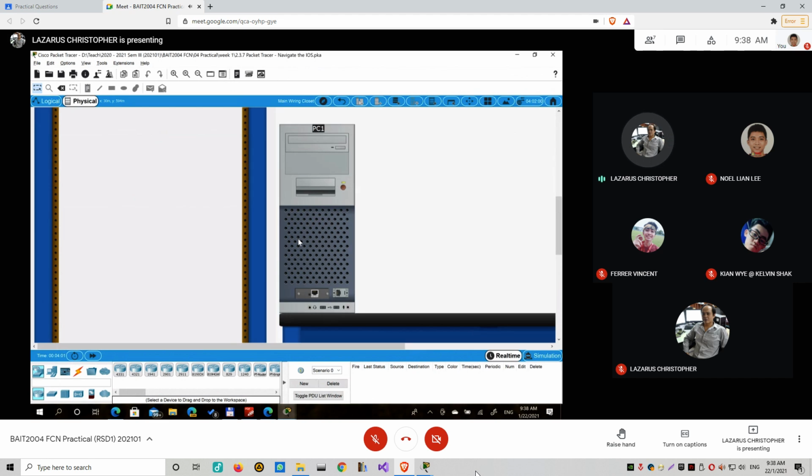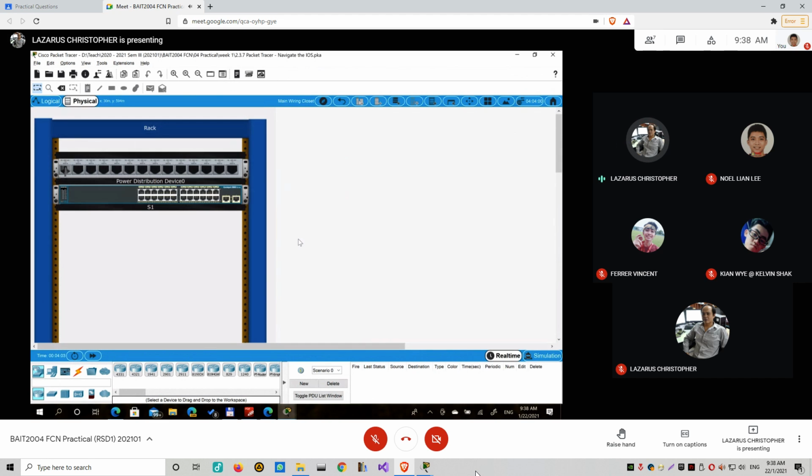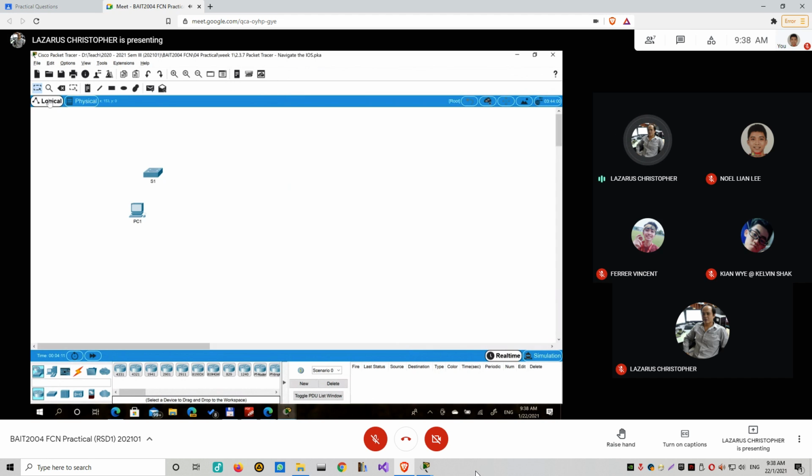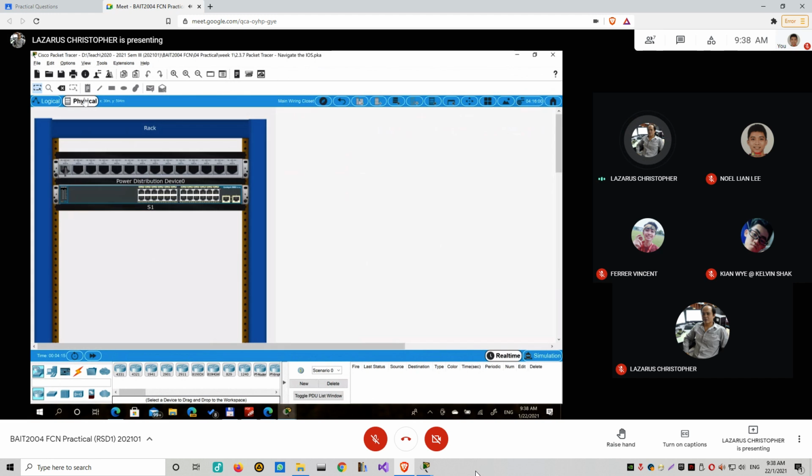And if you scroll down, you can actually see the PC is just on the desk beside it. So the physical topology diagram will show you the location of the devices. Here they are just placed on the workspace, but in physical, they are actually located physically. And if you later have a much more complex topology diagram where you have branches and offices to switch between locations,